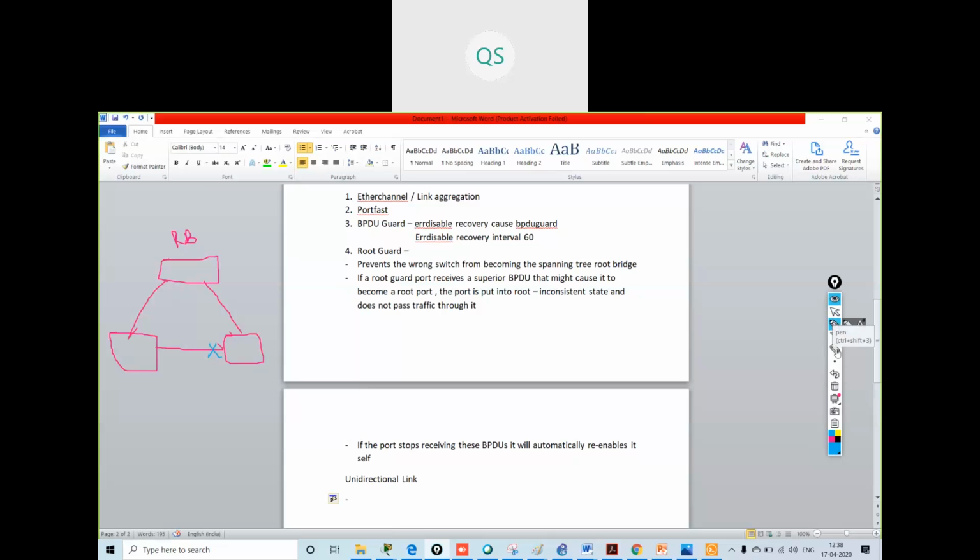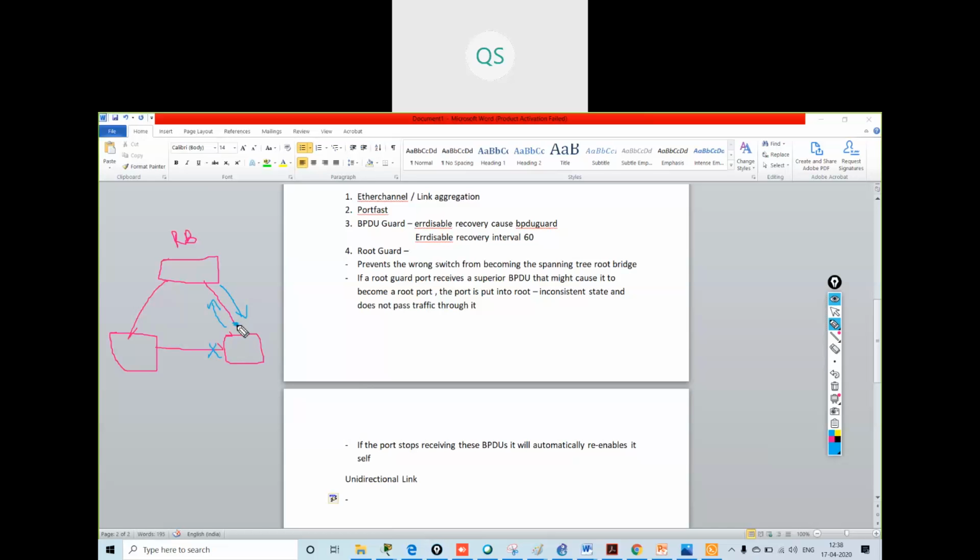Now, what happens? Sometimes in the production network you will receive BPDU messages on a port, but you will be unable to send the BPDU message. Suppose this port is unable to send the BPDU message.